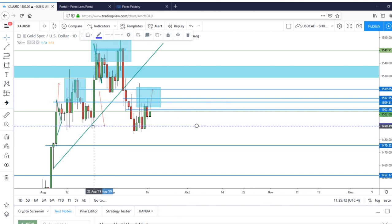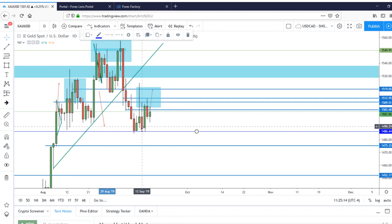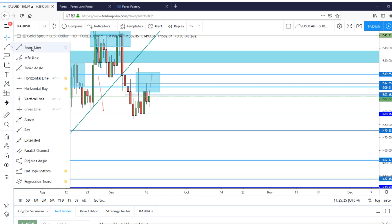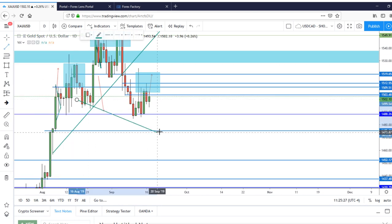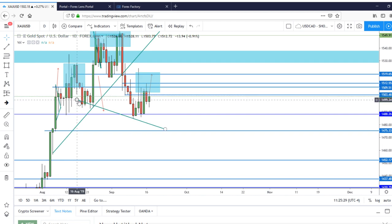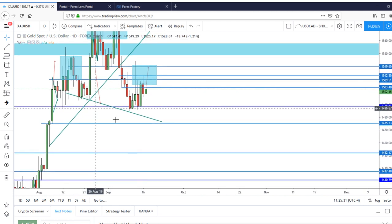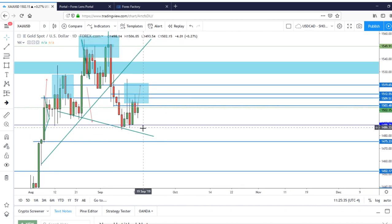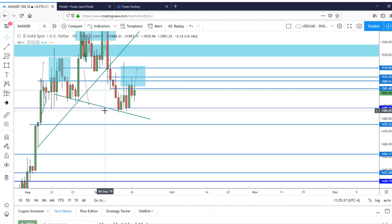The thing about this head and shoulders is that it's slanted, because it attaches to the head here and here, so you have to draw a diagonal neckline. I think one of the rules against head and shoulders is that it can't be diagonal. If you look at this neckline, it's pretty slanted, but that's why the 1490 handle is acting as a neckline, per se,